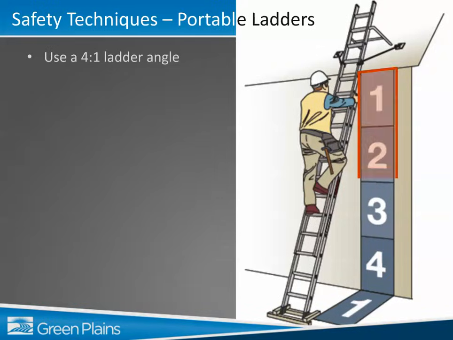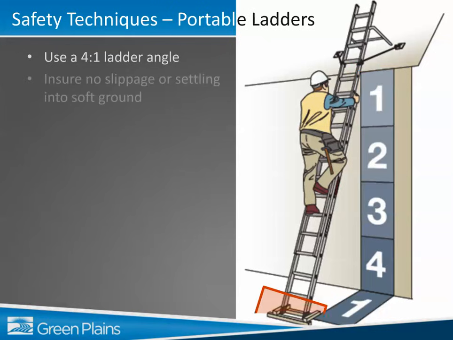Ladders should be set at or as near as possible to a 4-to-1 angle. For each 4 feet of rise from the base to the upper resting edge of the ladder, the base should be 1 foot out from a vertical line from the upper resting edge of the ladder to the working surface. For example, if a ladder is leaning against a ledge that is 16 feet off the ground, the base of the ladder should be 4 feet back from the wall.